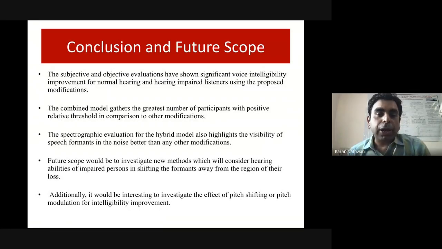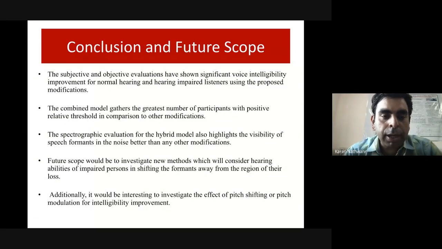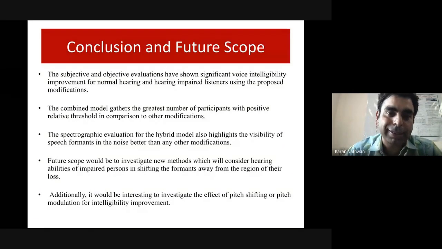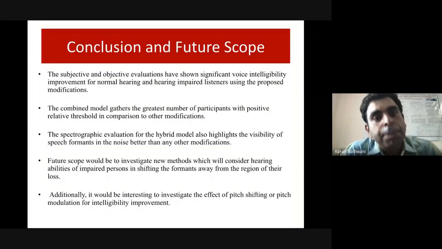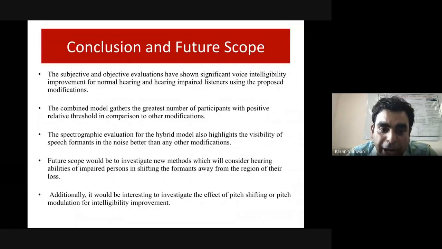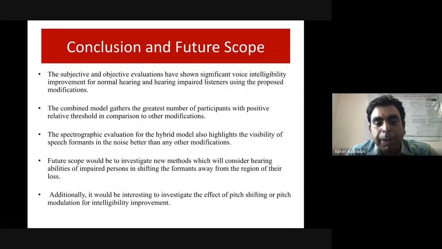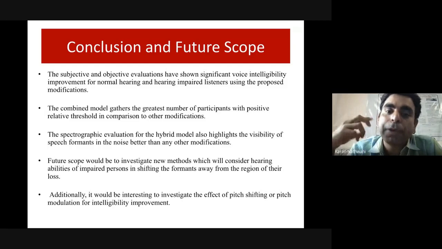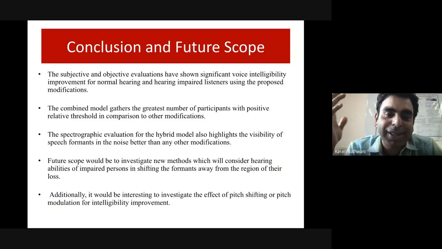So now I finally conclude my talk here. We have done a lot of analysis on hearing impaired persons, where we found that the proposed method, that is a combined fusion method, has been able to improve it significantly in comparison to previous methods. Previous methods means our own methods, which were not able to improve it. But there was still scope for improvement. This is not yet finished.